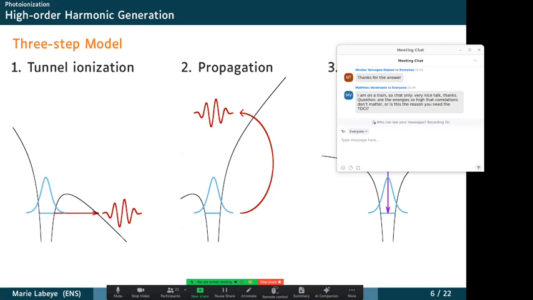Actually, we see that single active approximation models work quite well for atoms that have a highest occupied atomic orbital that is high. In molecules, where the orbitals can be close, it's harder to say that we only leave the ion in the ground state. And we could, in principle, also ionize from a deeper lying orbital. In that case, if we leave the ion in an excited state, for sure there will be electronic dynamics and correlation happening in the ion.